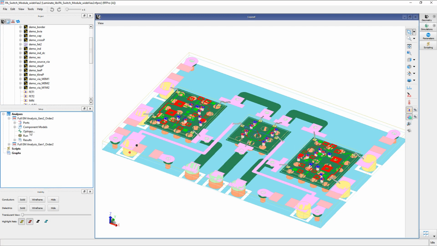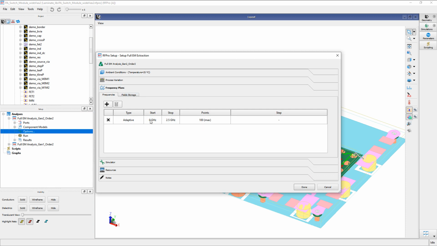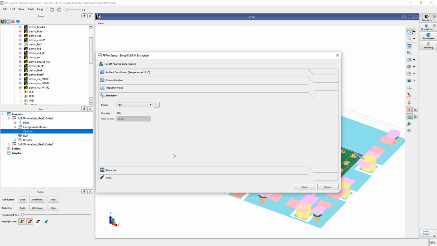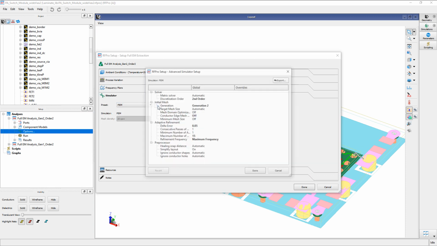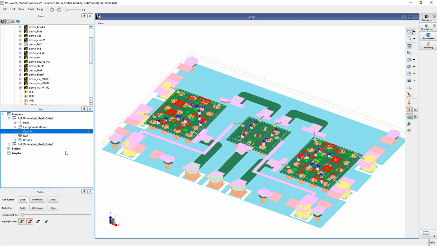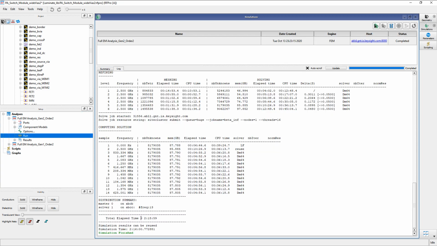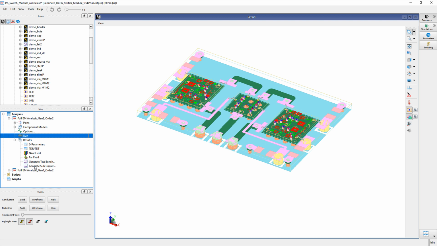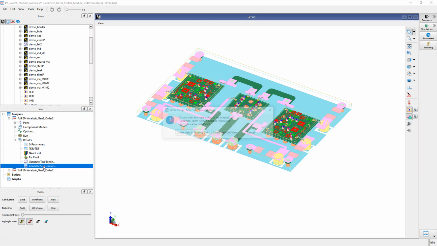Next, like what I had shown before, the options menu allows you to set up the simulation frequency and the type of simulation. Of course, I have chosen the FEM simulation here. Next, I run the simulation, and at the end, I go ahead and generate that EM model to use in ADS to plot the results.